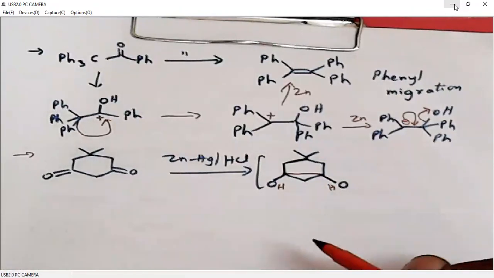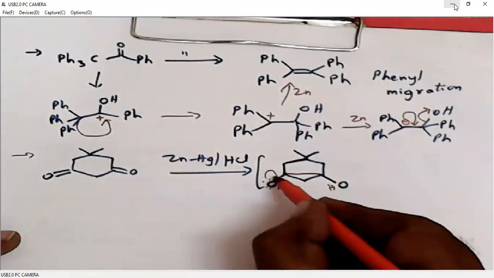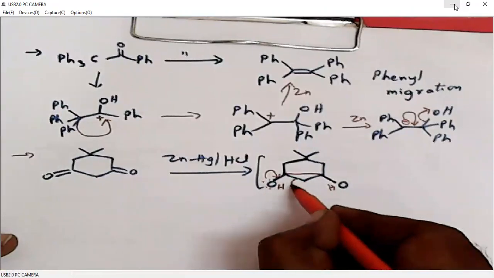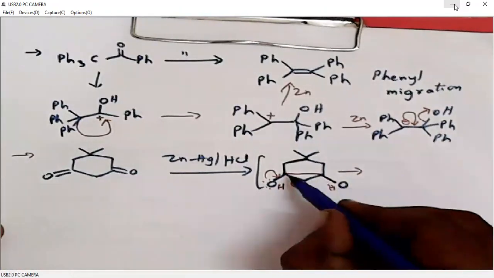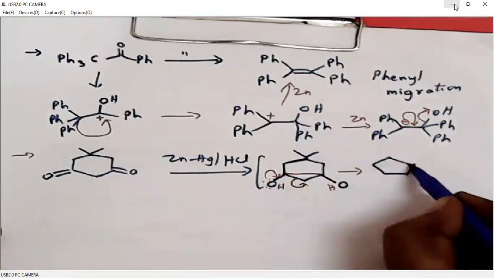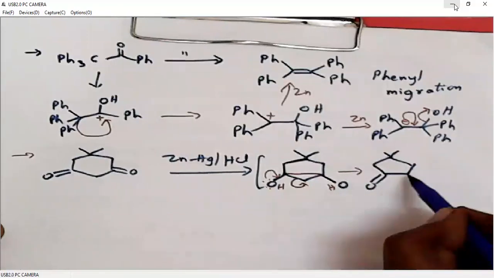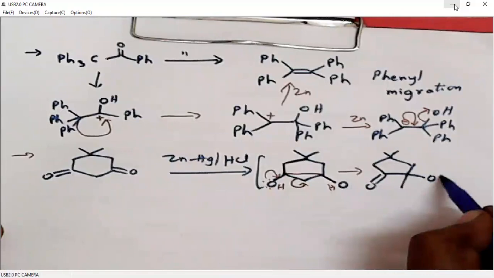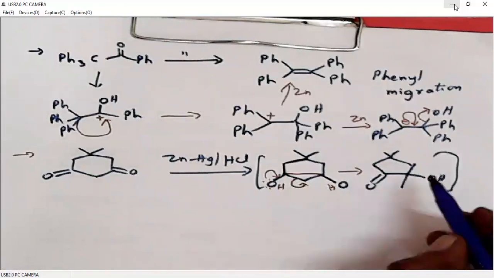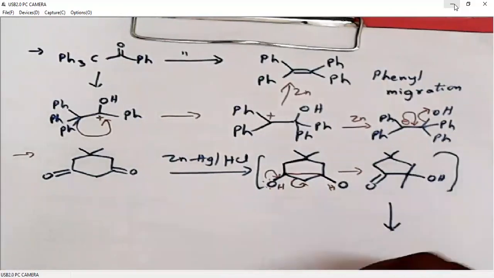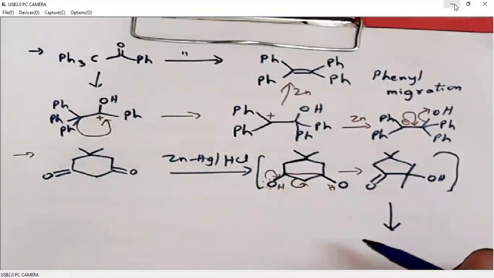That means the three-membered ring will break. How will it break? The lone pairs will be pushed so that this carbon-carbon bond will break down. So here what we are getting is a five-membered ring, and we are getting back this carbonyl. At the same time, we have this methyl group and OH. Of course, carbonyl is unstable under Clemmensen reductions. It will further undergo reduction. Here, it is an alpha hydroxy carbonyl.